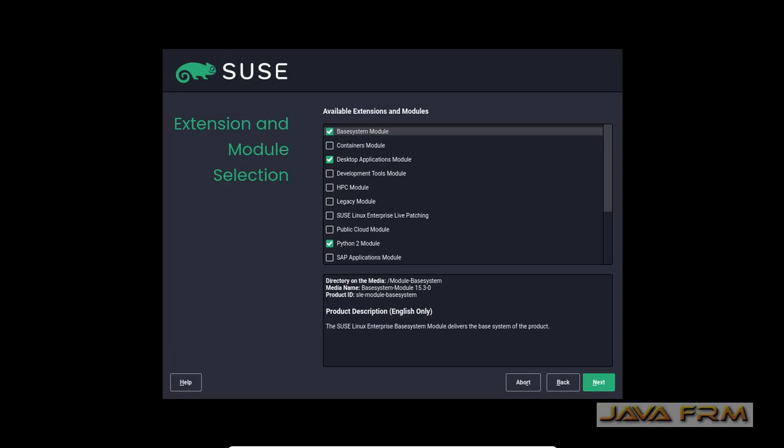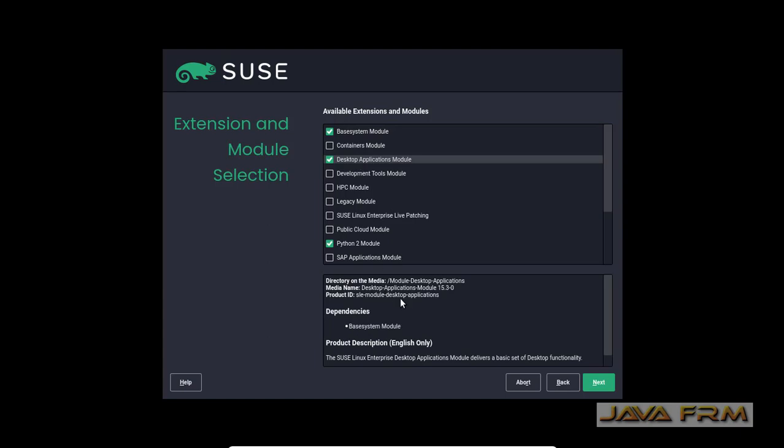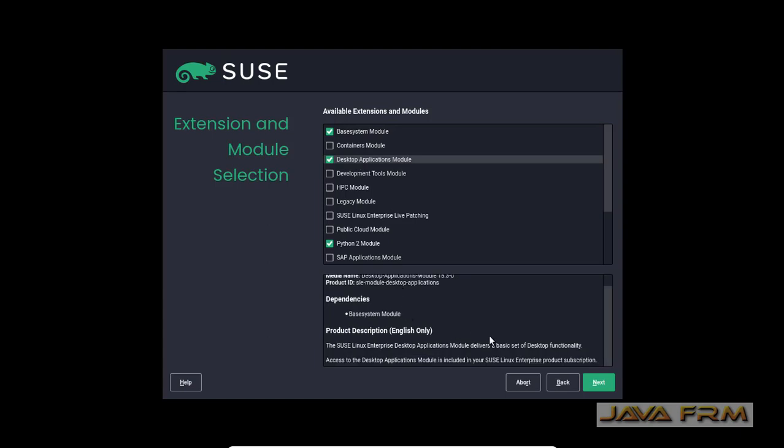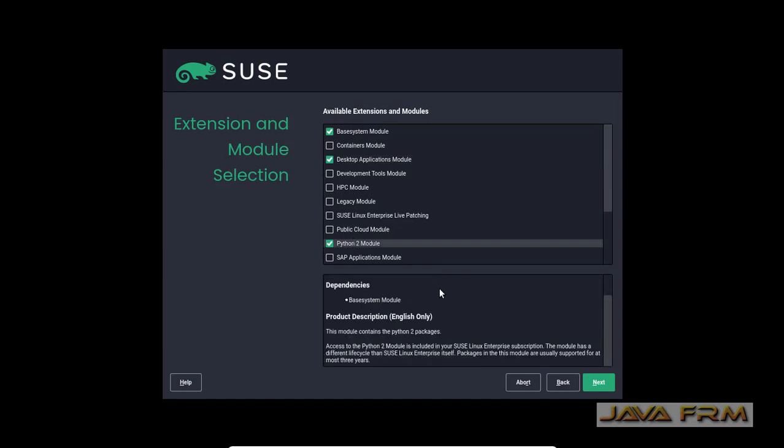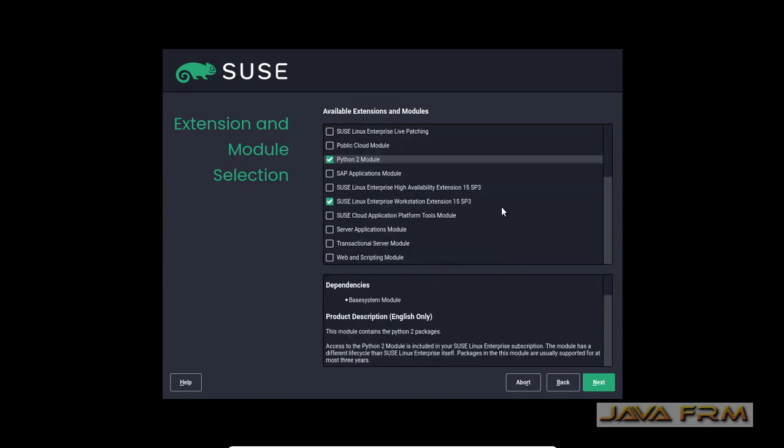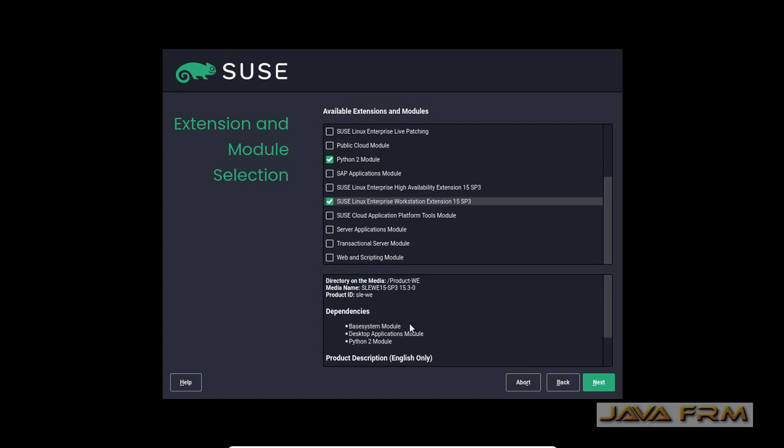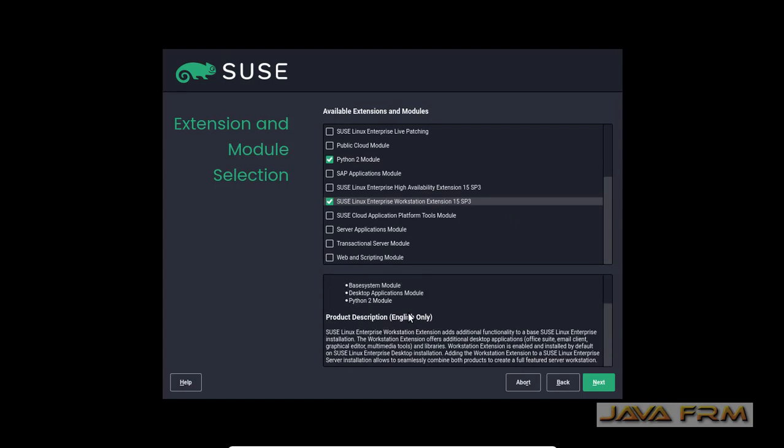Okay, here you can see the available extensions. It is selected automatically, so no need to select this extension manually. It was selected according to the base environment, which I selected as SUSE Linux Enterprise Desktop.